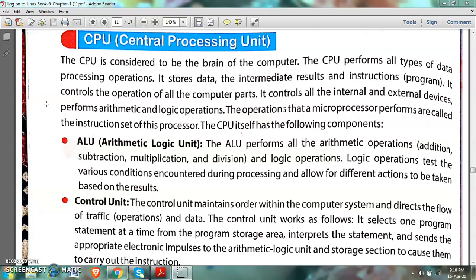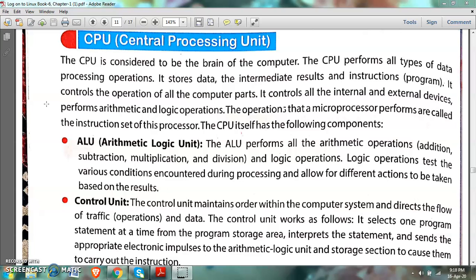So first of all, we will see all these components. First of all, ALU, arithmetic logic unit. Children, ALU: A for arithmetic, L for logic, U for unit. ALU performs all the arithmetic operations: addition, subtraction, multiplication, and division.